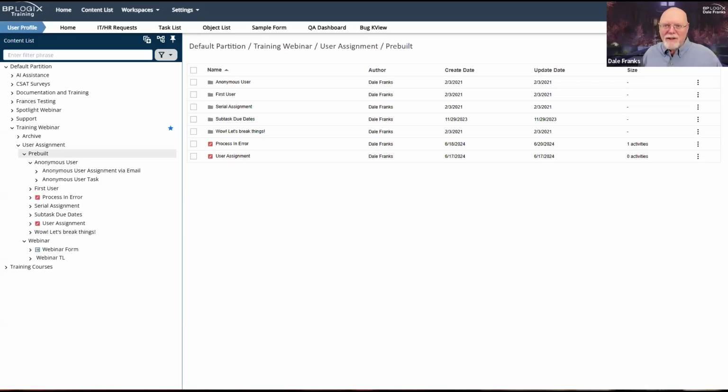There is a process task object, which is what assigns a task to a user. And then there is the user activity type, which has all of the other properties of the activity, some of which are copied over to the task when the task is assigned to the user.